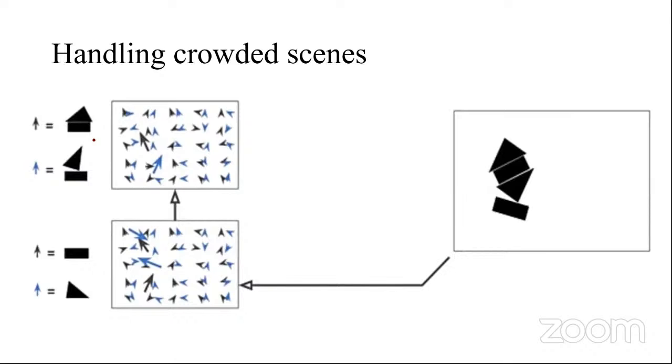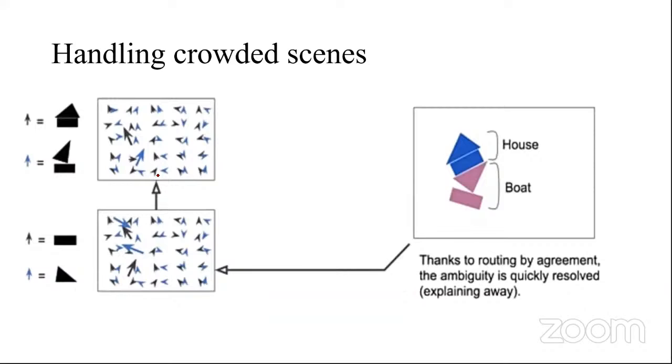Here, if you see, the boat is represented with a black rectangle, and the triangle is represented in the down part, and for the house it is represented in the top part. But actually we are predicting the boat from the image. So what we need to take is the length of the longest arrow, and thus we avoid the ambiguity. So this routing algorithm avoids this ambiguity, resolving the problem and identifying that this is a house and this is a